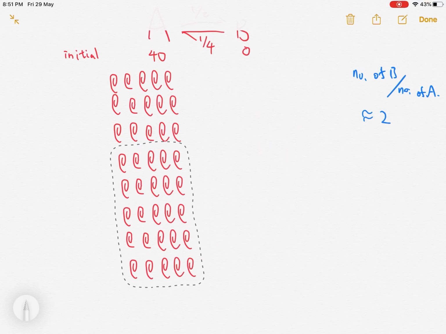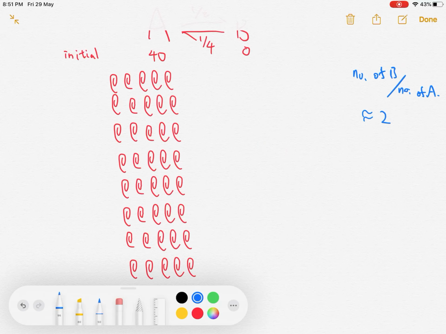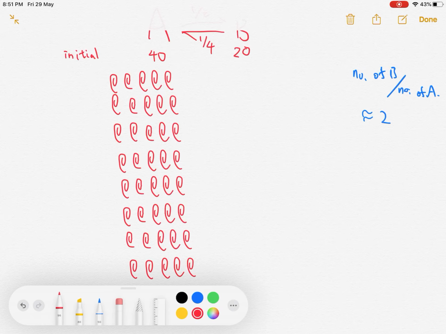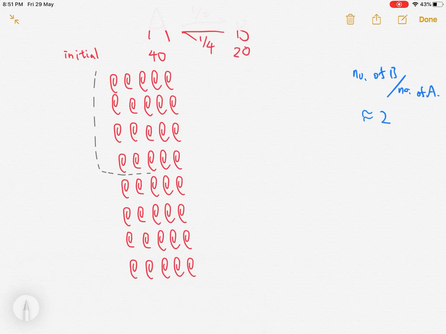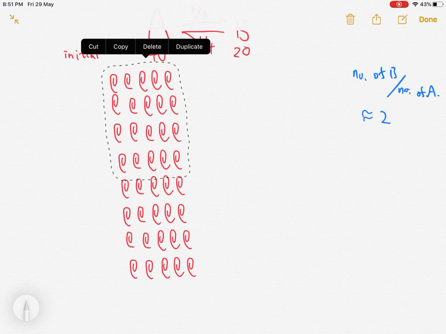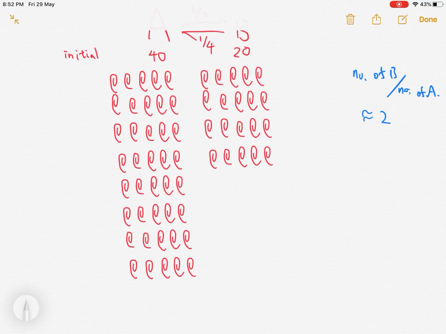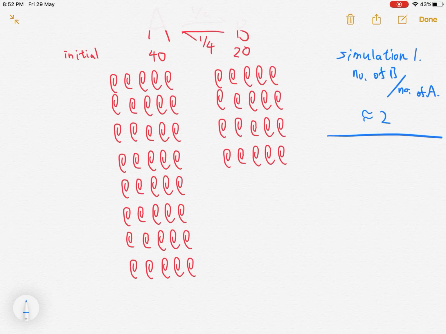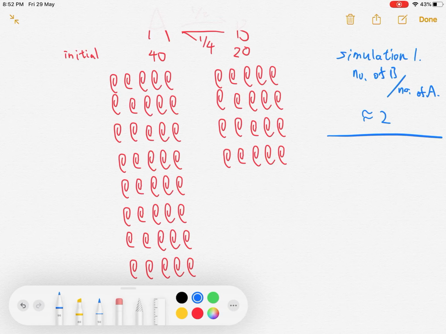In the second simulation, initially there are 40 of A, just the same. However, for B this time we have 20 of it. And here is the initial point. And then we just follow the same ratio for them to react. Half of A in the transaction will be converted to B,